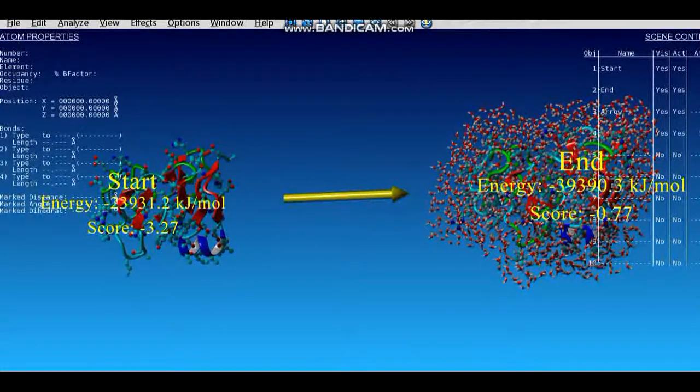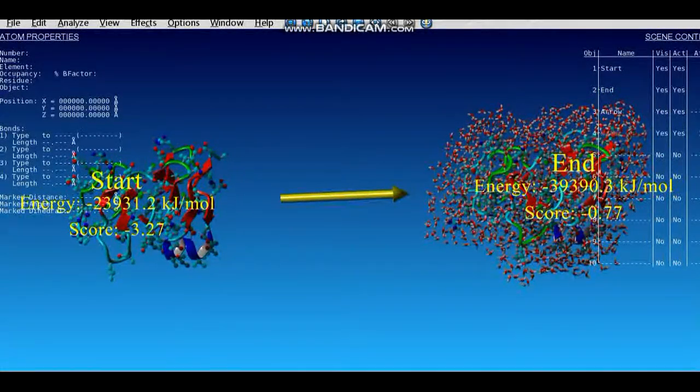In the case of a negative sign, the highest value is the lowest energy and the lowest value is the highest. In the start model, before energy minimization, the energy is minus 23,931.2 kilojoules. In the model after energy minimization, the energy is minus 39,390.3.